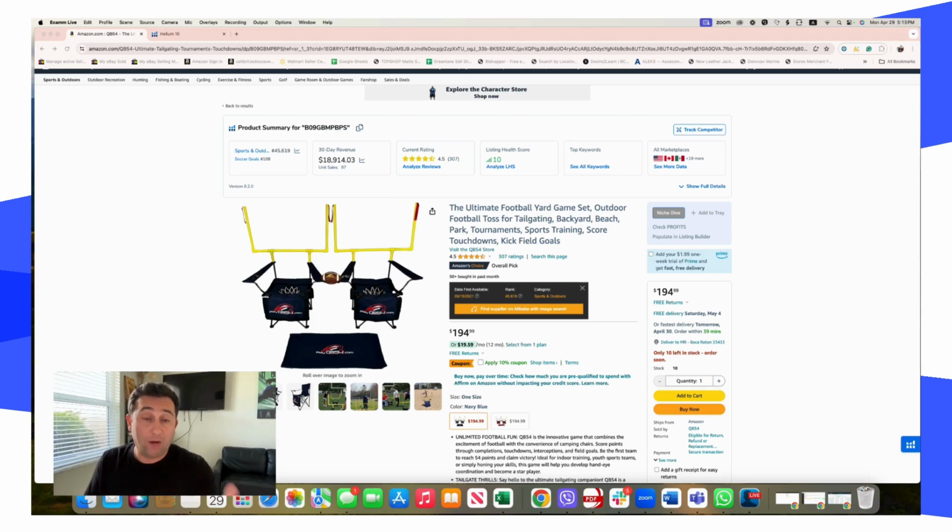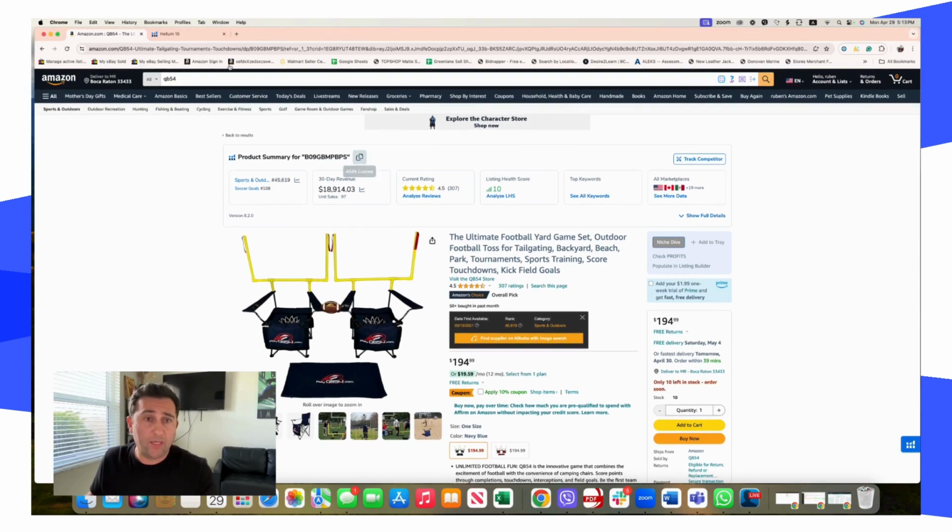It's an outdoor football tailgate game, and I think one of the keys for this method to be effective is that you do need to work on a product and know as much as possible about it, because finding the right keywords will be directly related to how relevant the keyword is to your product, because Helium 10 is not going to show you the relevancy. So once you identify the product, first thing, you want to copy the ASIN, then